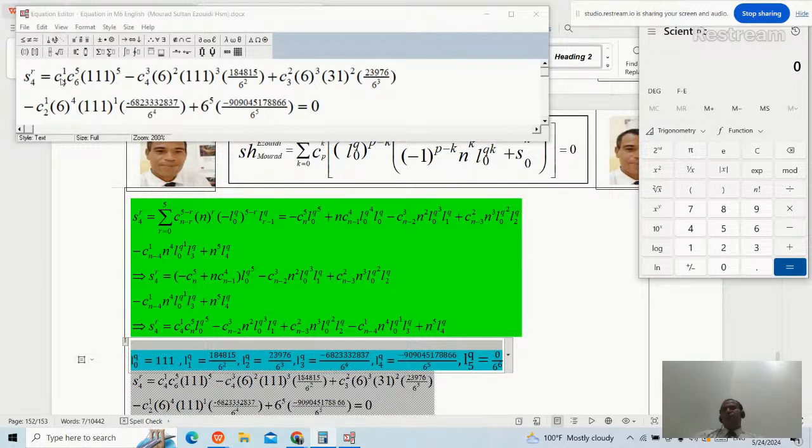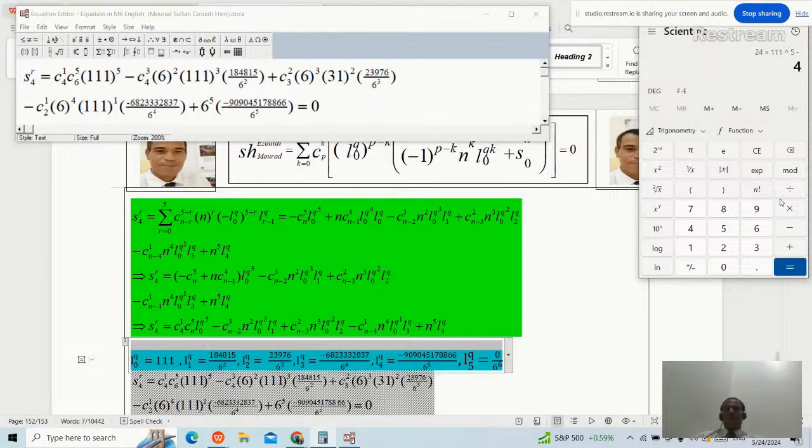So we have C(4,1), which means combination 4 choose 1, times combination 6 choose 5, which is 24, times 111 raised to the power 5, minus combination 4 choose 3, which is 4, times 6 squared, and the denominator 6 squared will be cancelled out. Then times 111 to the power 3 times